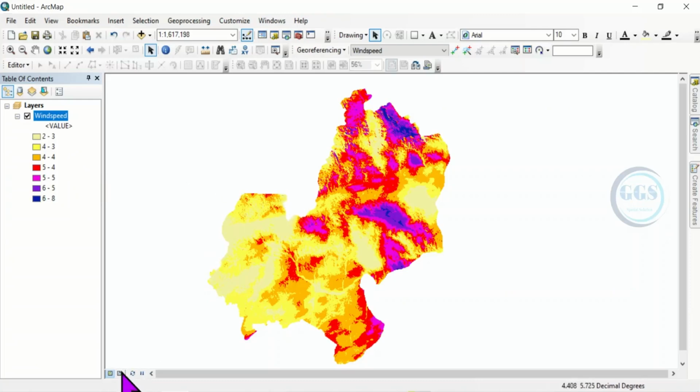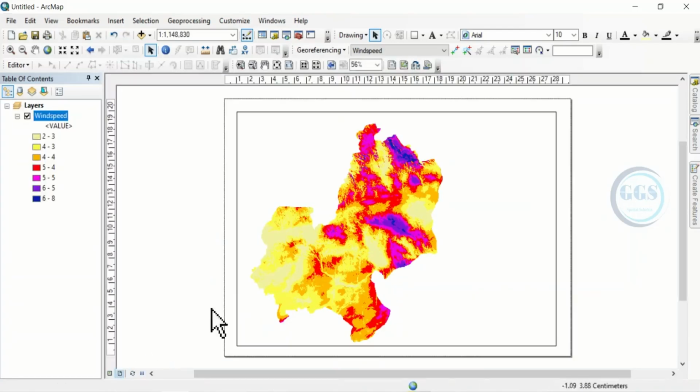So to do that, go to Layout, bringing your map into the layout. As usual, you add your map elements, but the element we want to deal with in this video is the legend, and we want to see how we can make our legend to be horizontal instead of the usual vertical orientation. So to do that, just go to Insert,